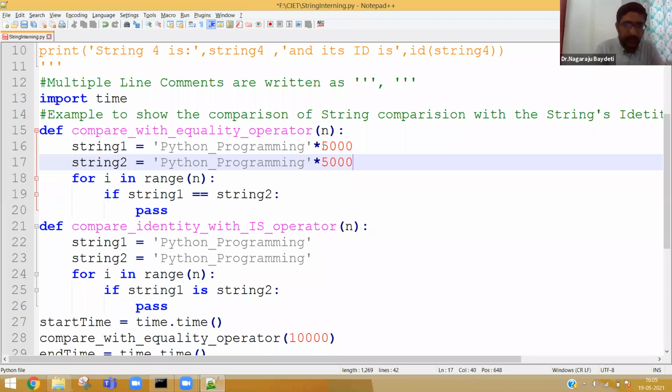Remember one thing: comparing strings with double equal to or with is will have a difference only for interned strings, not for strings which are not interned.